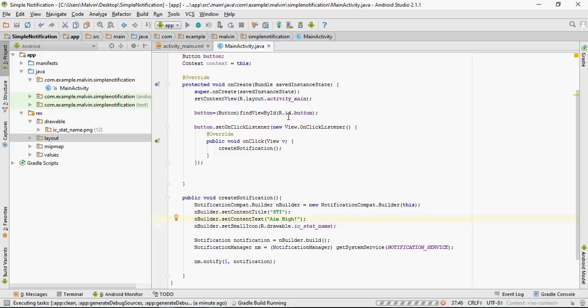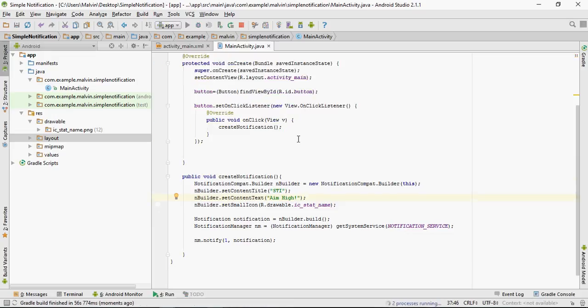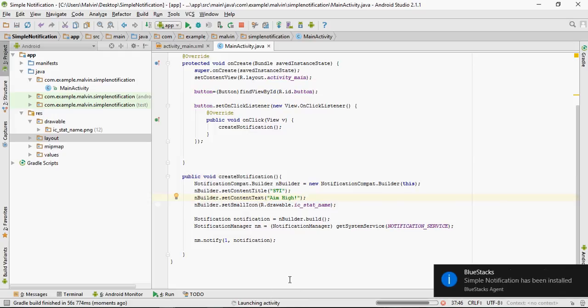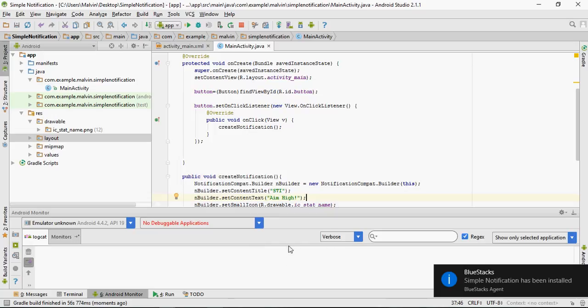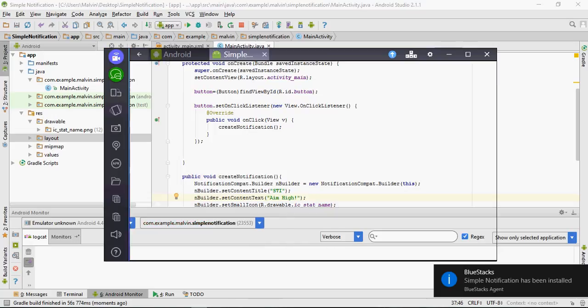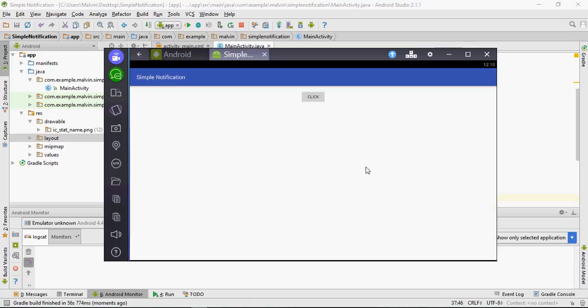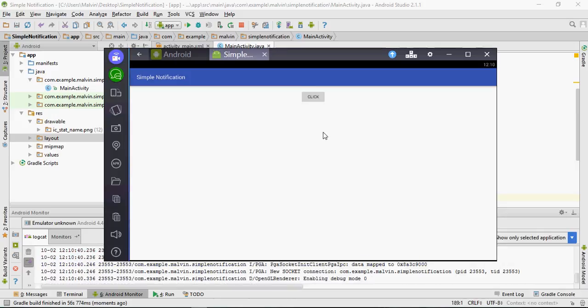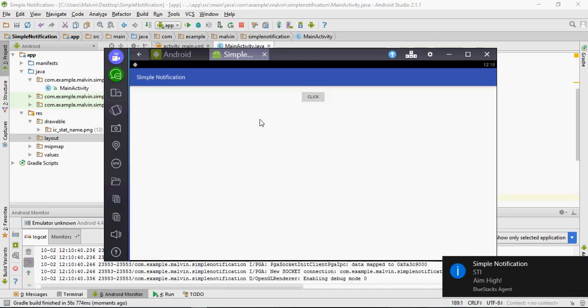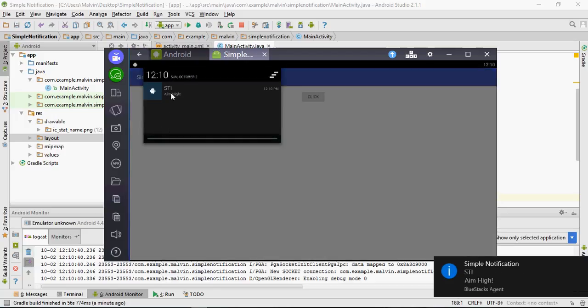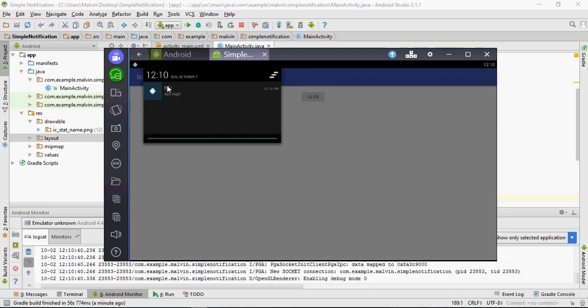You can see it here. So now installing APK. So it was now running in our BlueStacks.